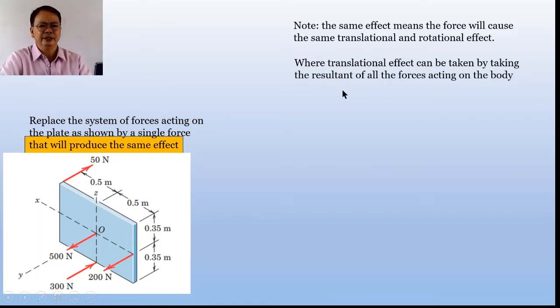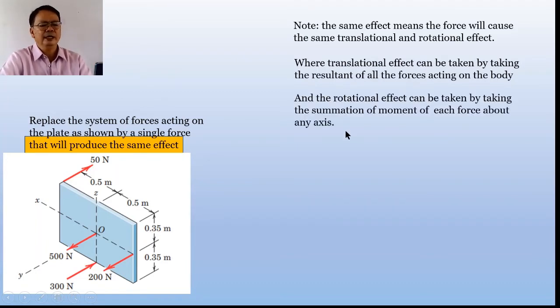If you will be taking the resultant, then that gives you the magnitude of the single force that would cause the same translational effect. While the rotational effect naman can be taken by taking the summation of moment of each force about any axis. Sabihin, when you take the moment of these forces about any axis, then the same single force that will replace the force should have the same rotational effect about the same axis where the moments of